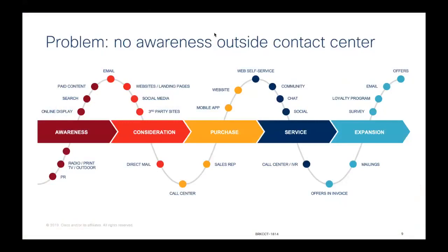Now, if you look at the screen here, the relationship does not start when the customer calls the call center. The relationship actually starts even through an advertisement on a TV or a print ad or an online display. How the customer onboarded itself onto this journey with your brand. And then after a careful consideration, there was a purchase, there was a service element that came into picture, and